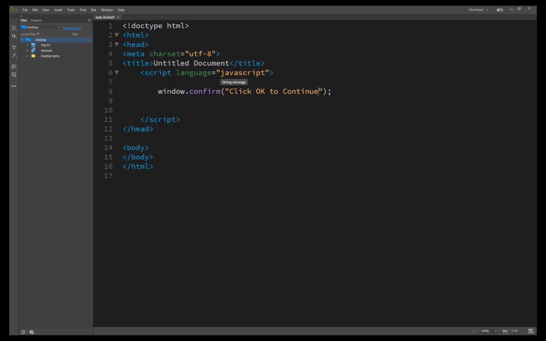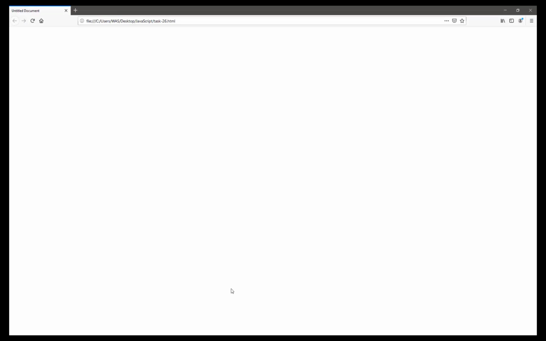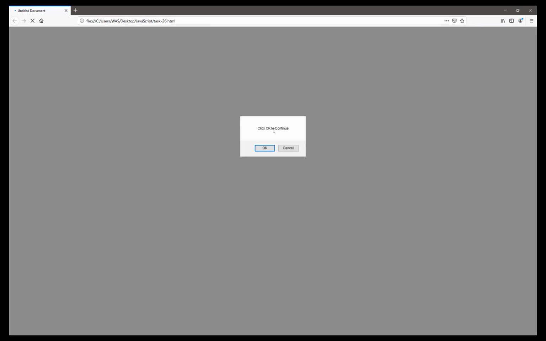We save it and take our result. We have opened task 26.html, and you will see it's confirming with the user: a window appears on our screen saying click OK to continue, and it has two buttons, OK and Cancel.